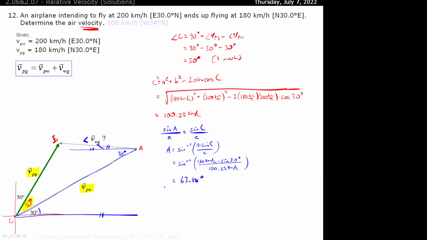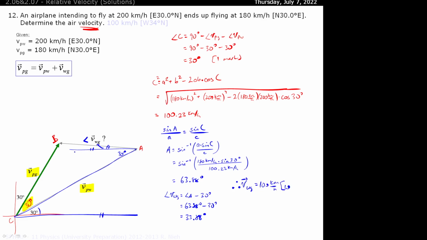However, if you're trying to look for angle VWG, that's equal to angle theta, sorry, angle A, subtract 30 degrees. So 63.88 degrees subtract 30 degrees will give you 33.88 degrees. Therefore VWG as a vector is equal to 100 kilometers per hour,